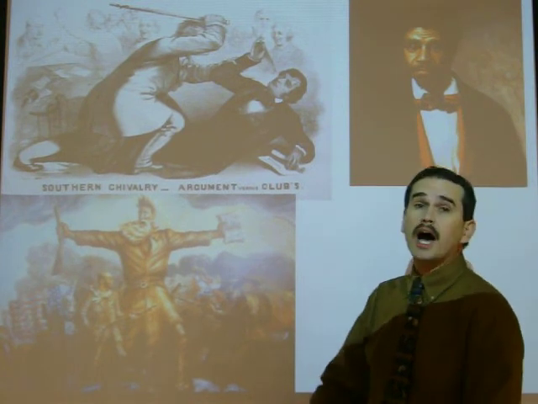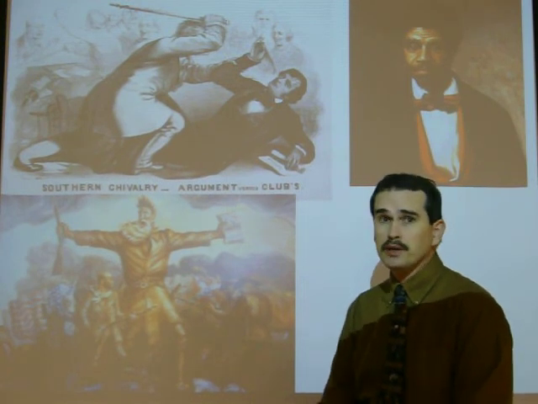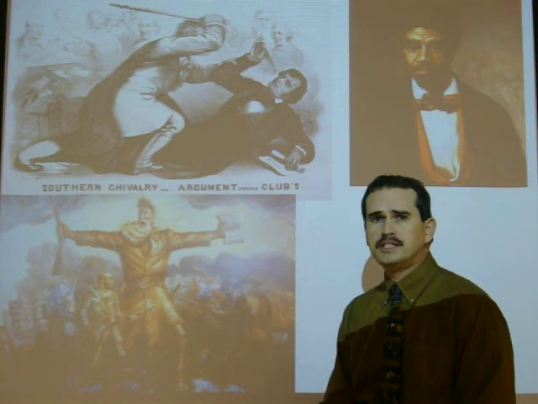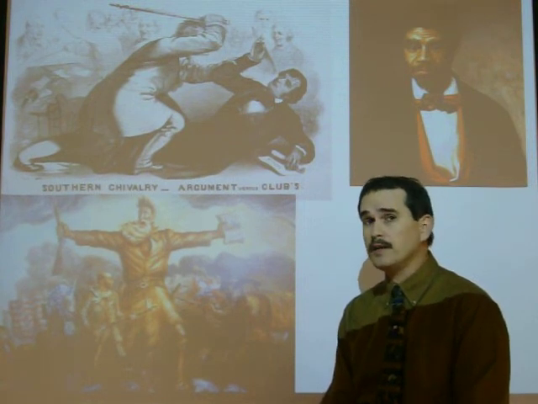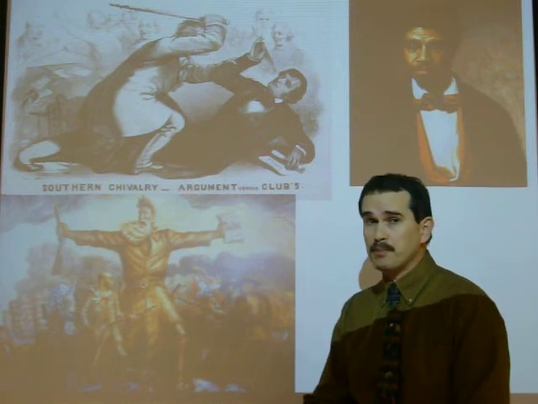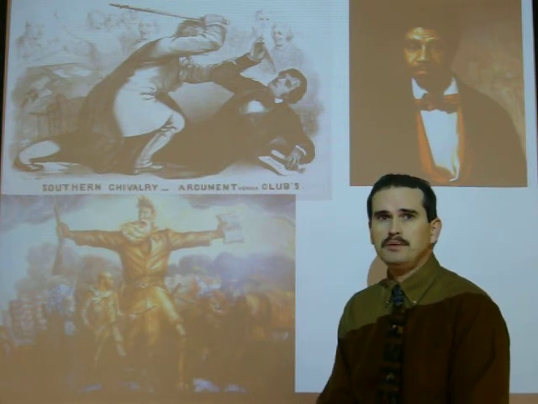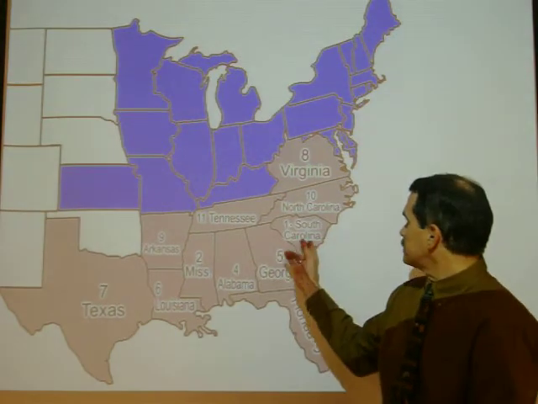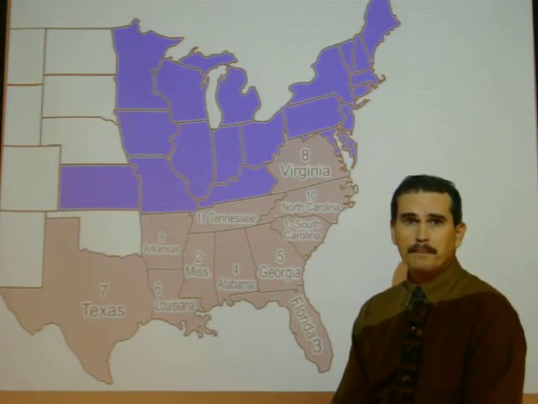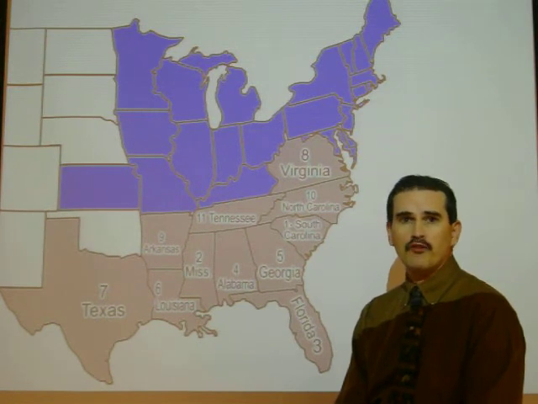Events such as the Dred Scott decision further divide the country on the issue of slavery. And finally, John Brown leads his famous raid on Harper's Ferry. And all of this leads up to the election of 1860. And finally, in that election, a Republican, someone who vows to stop the spread of slavery, Abraham Lincoln, is elected. And with his election, the southern states begin to secede. First South Carolina, and soon after 10 others. And they form the Confederate States of America. So now the United States is plunged into 4.5 years of bloody warfare.